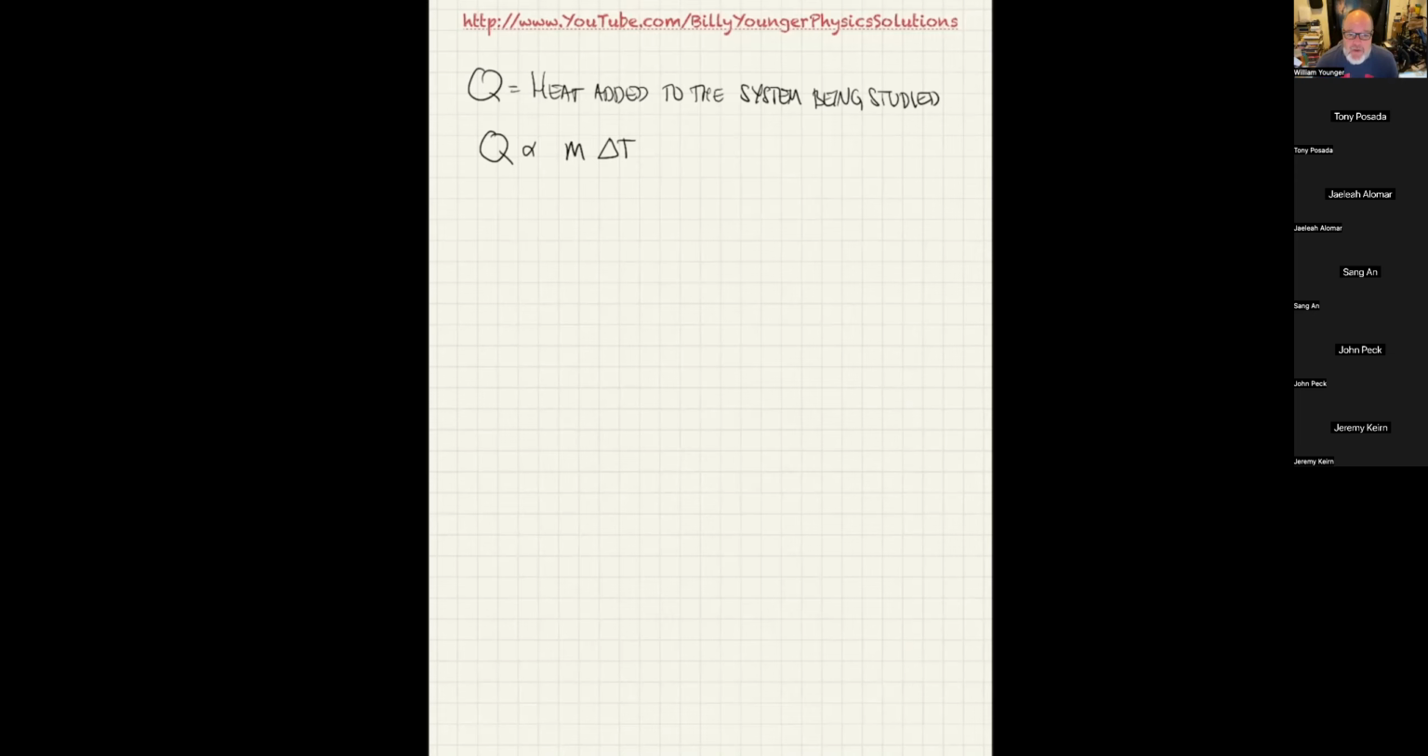And I've already told you that specific heat is defined such that a large specific heat means it takes a large amount of heat. So I'm going to say it's also proportional to the specific heat, which is the symbol C. And in principle, there could be another constant there, but we just keep it at that. So ultimately, what we find is that heat added to a system Q is equal to M times C times